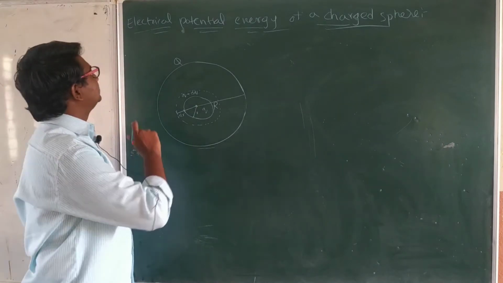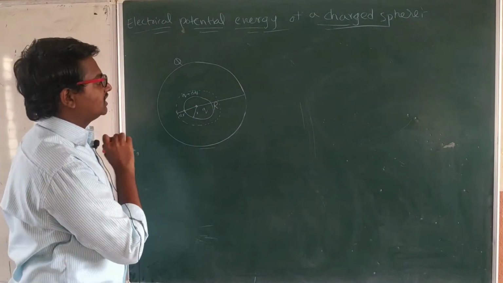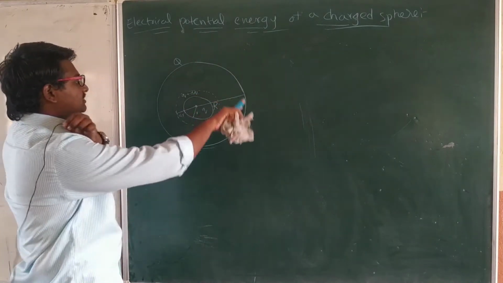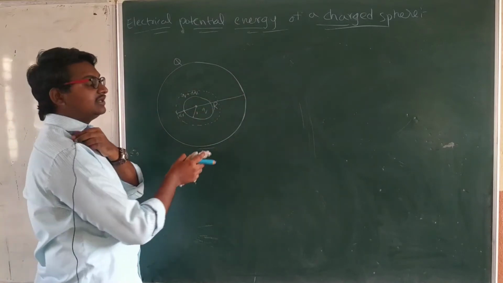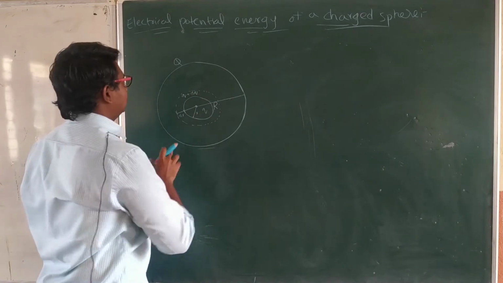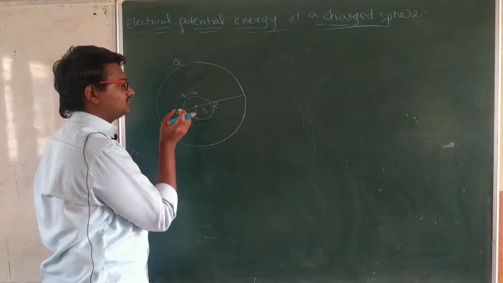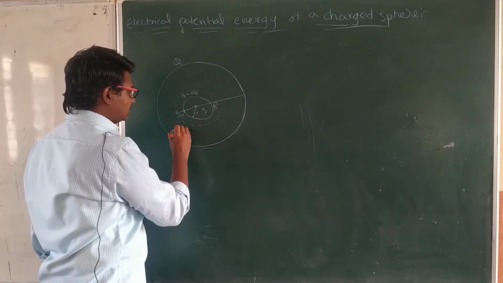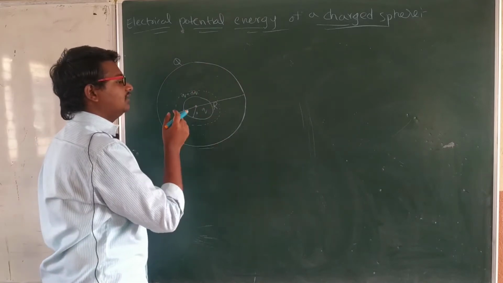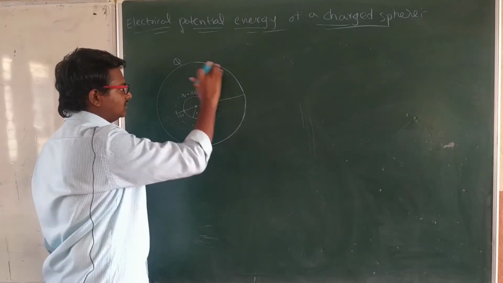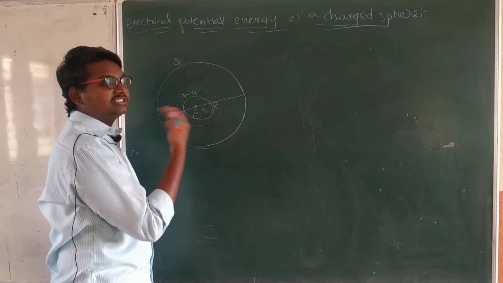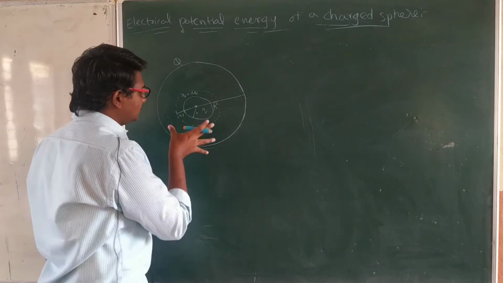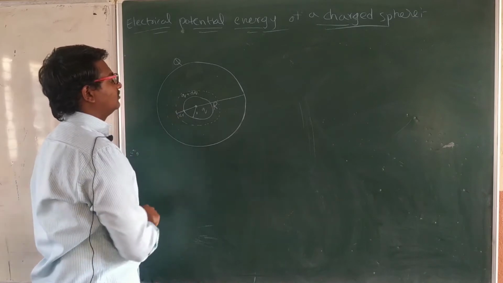Right, now let's discuss the electrical potential energy of a charged sphere. It means how much energy is stored in this spherical ball, which is actually insulating, because here the charge is formed by mixing of so many small point charges. How much energy is required to keep all the point charges at one particular location in this spherical shape? We can also call it self energy, or how much potential energy is there in this one. We are going to find out now.